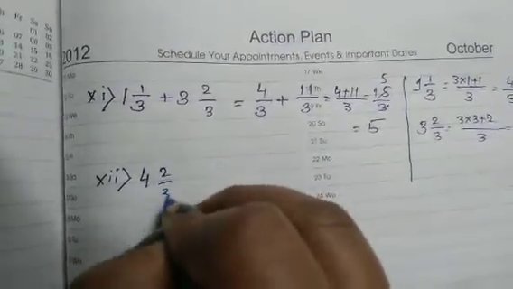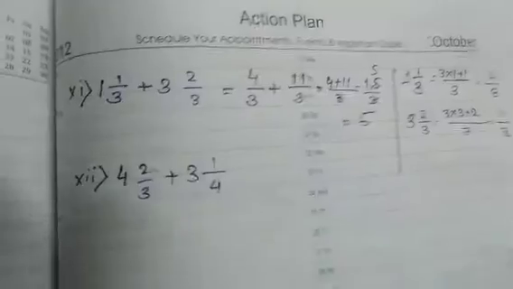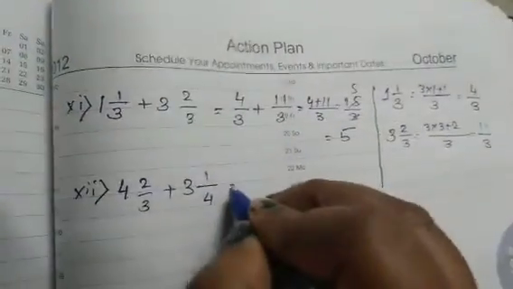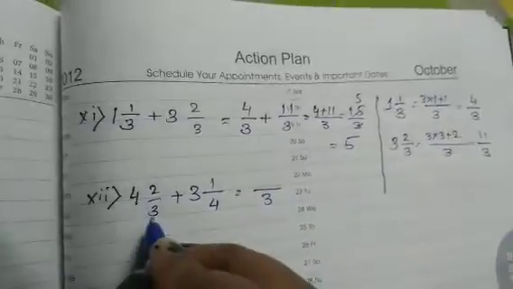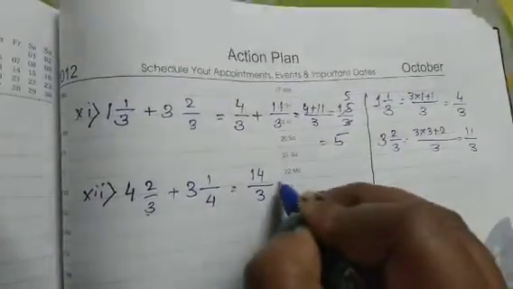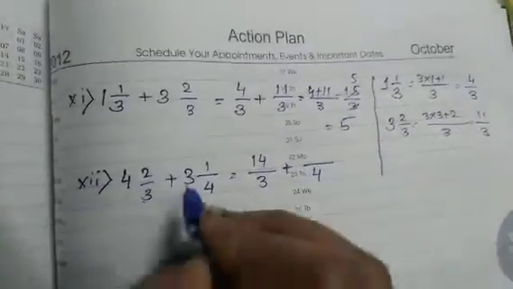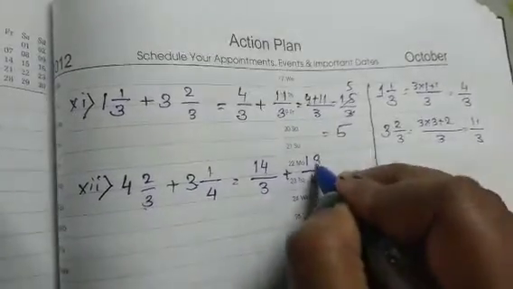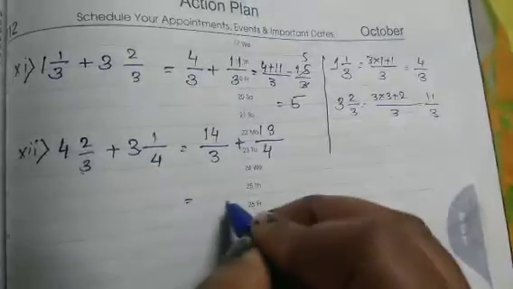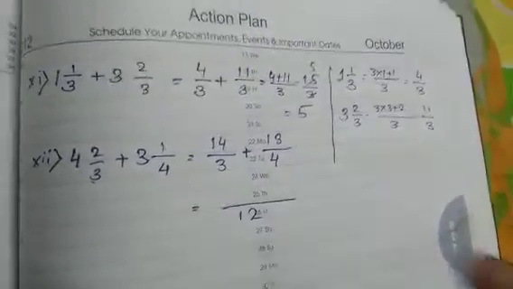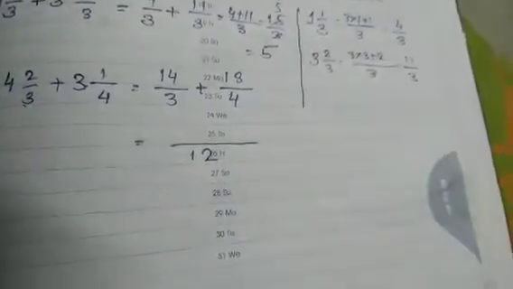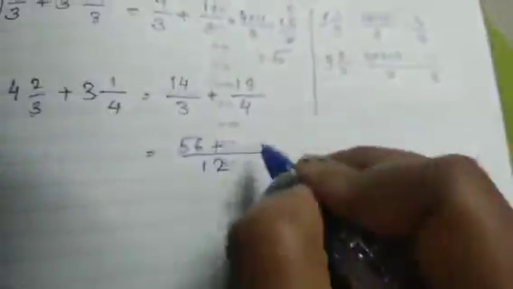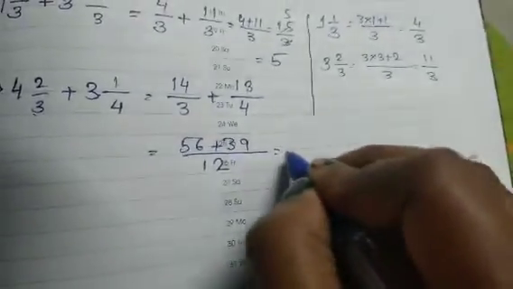4 2 by 3 plus 3 1 by 4. So this is equal to 4 3s are 12 plus 2 14 by 3, plus denominator 4, 3 4s are 12 plus 1 13. 13 by 4. So now I will have to take the LCM. 3 and 4 LCM is 12. Now 14 into 4 is 56. Plus 13 into 3 is 39. That is equal to